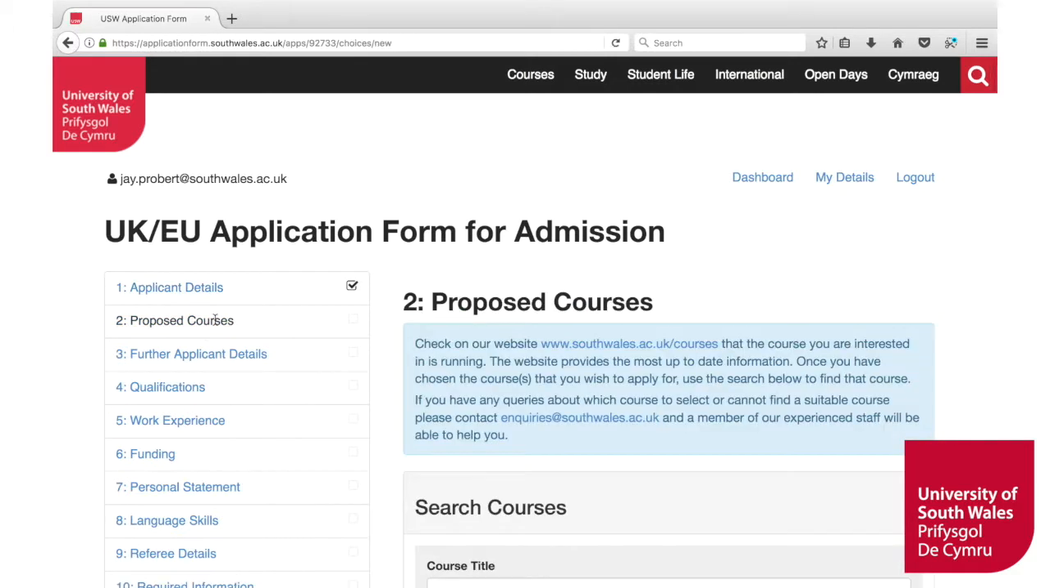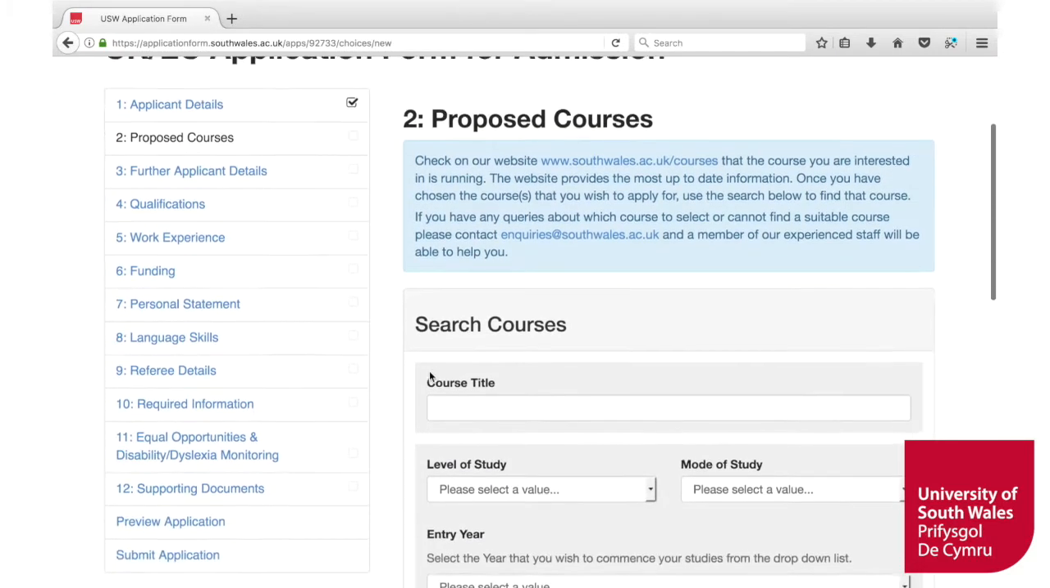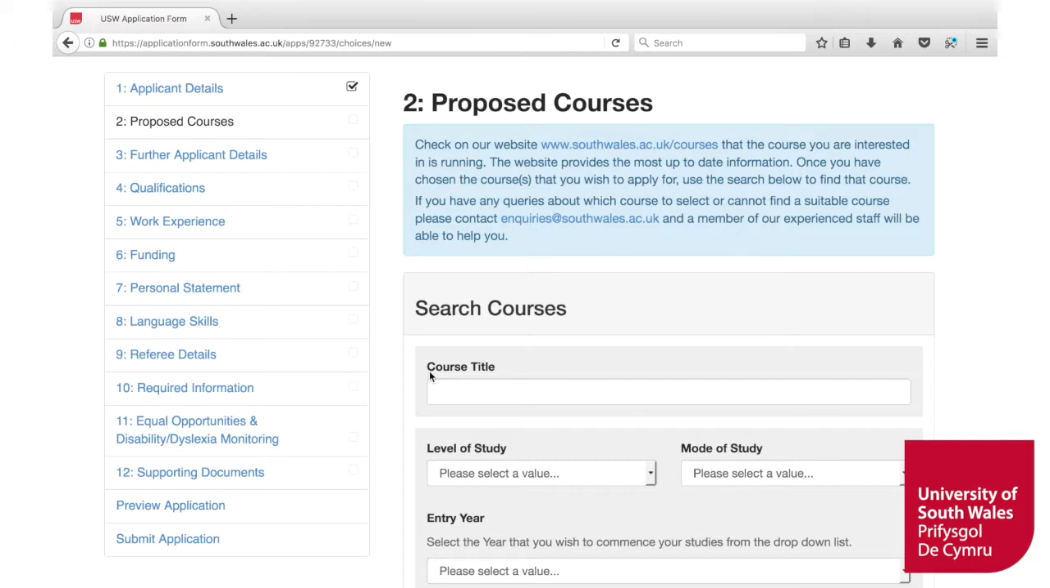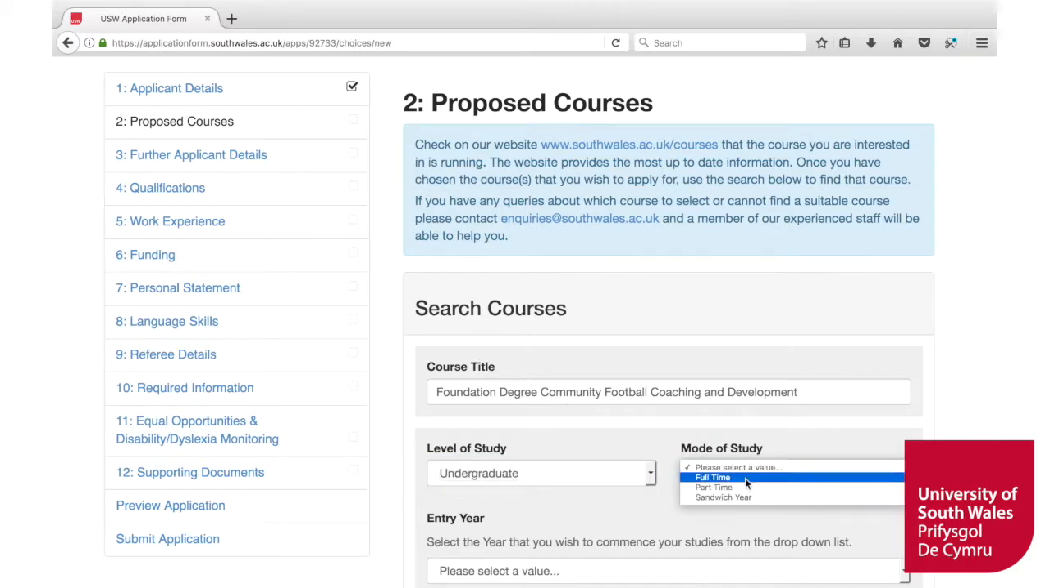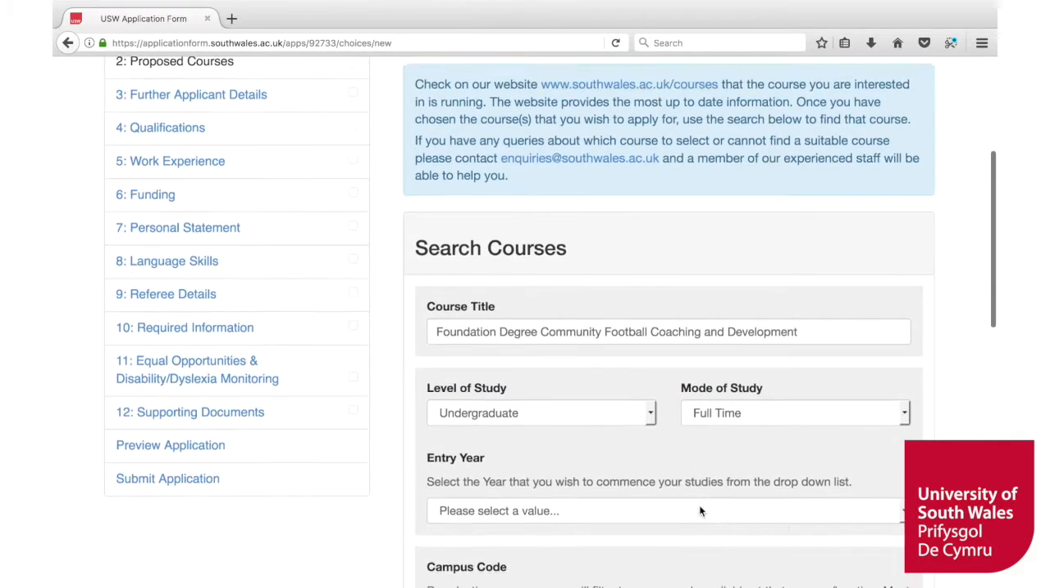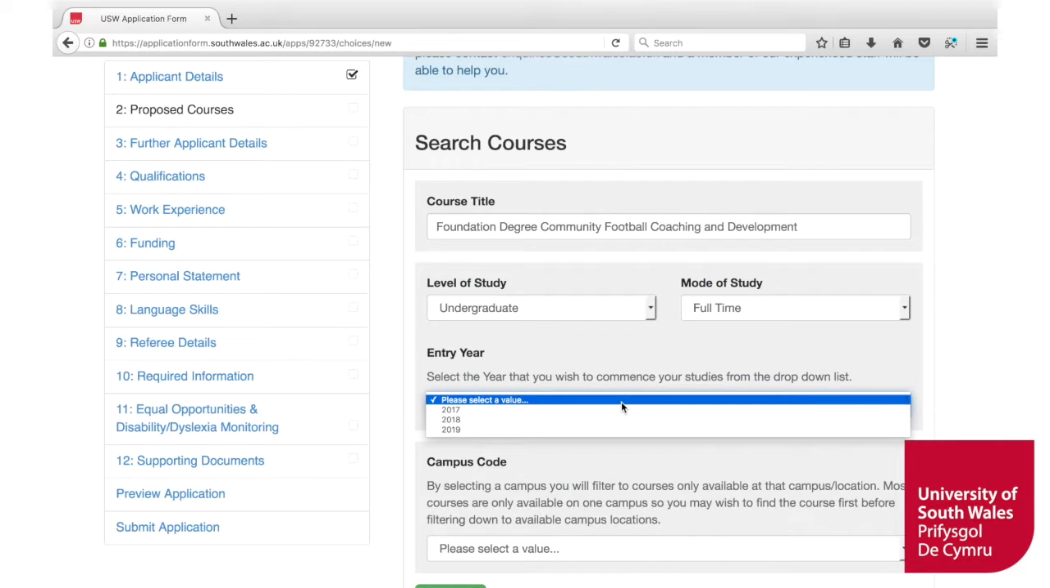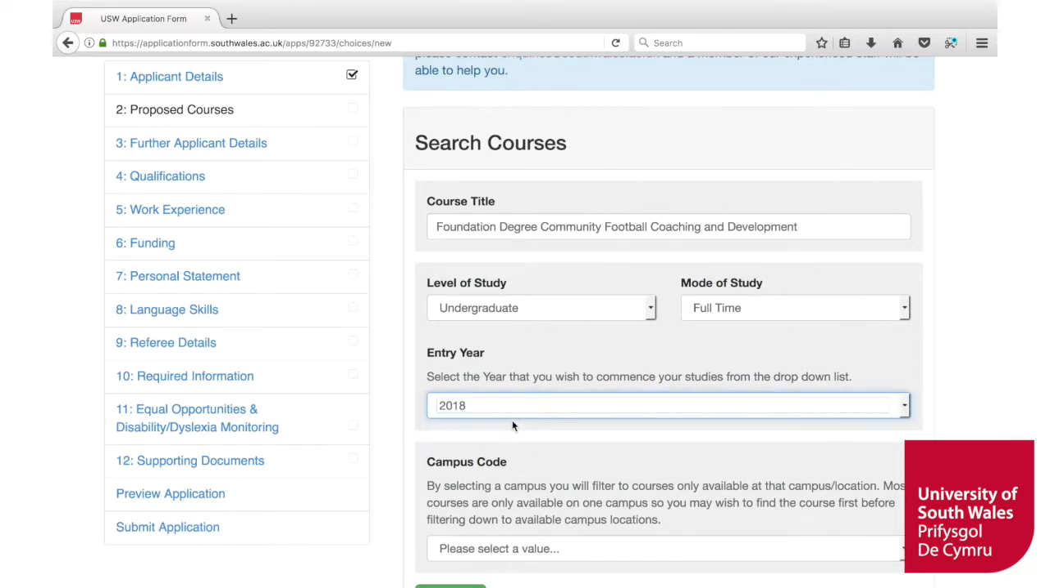The next box is vitally important because it's important that you select the correct course that you want to apply for. In this situation, it's the Foundation degree in Community Football Coaching and Development. So if we type that in, so the level of study is an undergraduate. The mode of study will be full-time. And the year in which you wish to commence your studies will be 2018 because it will be September 2018